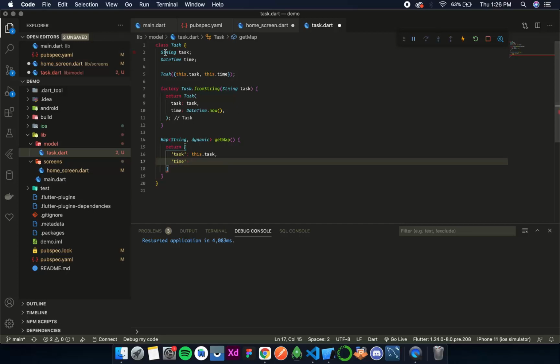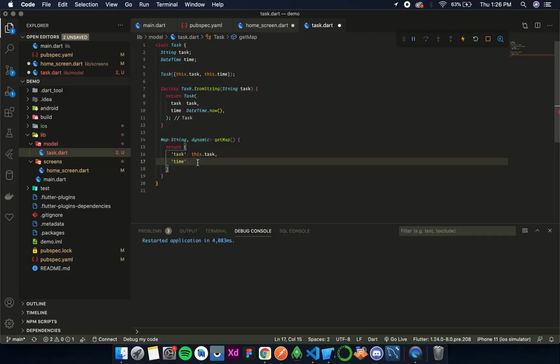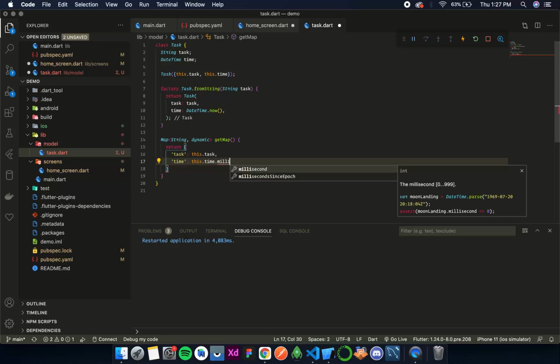Now we simply can't send this DateTime object, as that is again another object that can't be serialized. So we have another parameter that is called milliseconds since epoch. So epoch is a constant time, and the difference from that till the time that is stored in this variable is measured and sent. And so this is a two-way thing. If we have the difference, we can get the DateTime variable from that, and if we have the DateTime variable, we can get the milliseconds since epoch from that. There are milliseconds, there are microseconds, we can use whatever we want. So I'll simply use this.time.millisecondsSinceEpoch.